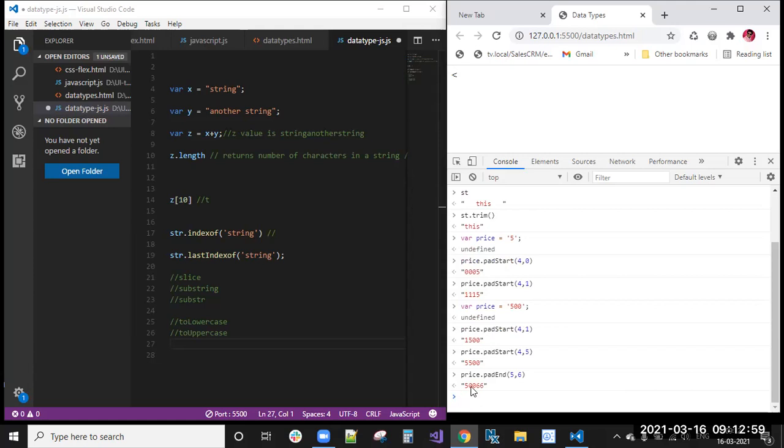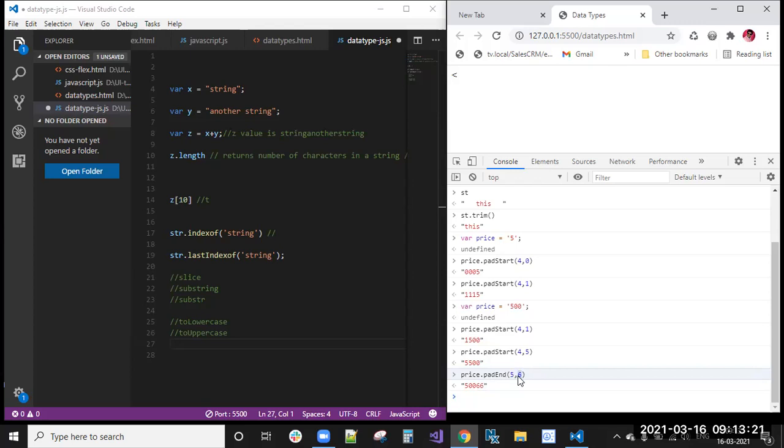Okay. You can see now 500, and the remaining 2 characters. Here the required character length is 5, right? So 3 characters, 500, are already there in the given string. The remaining 2 are replaced with 6, as I have given.